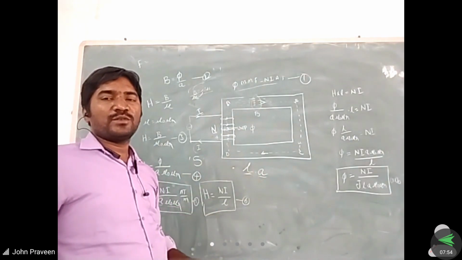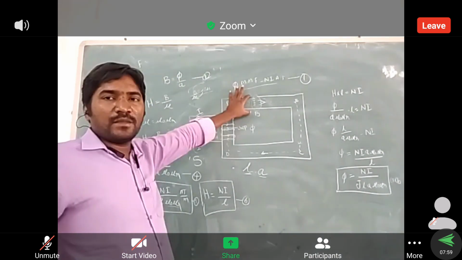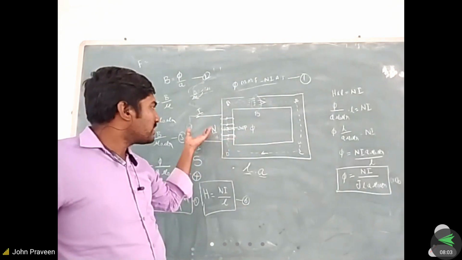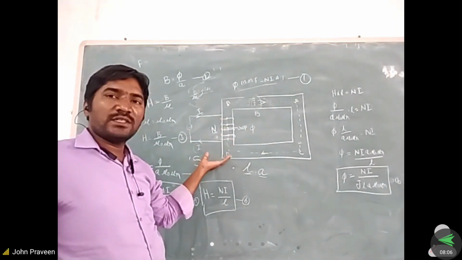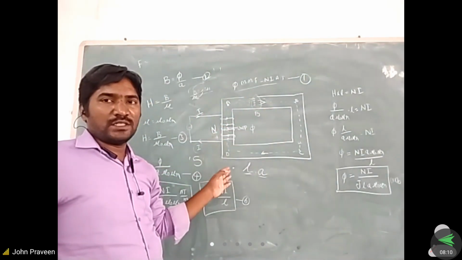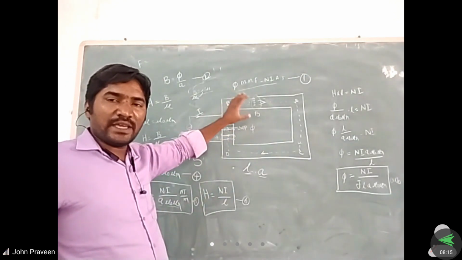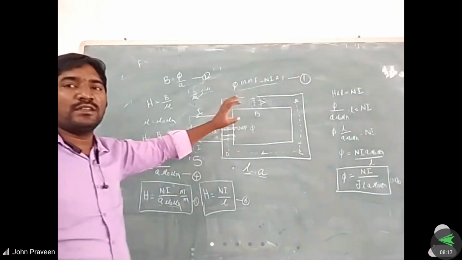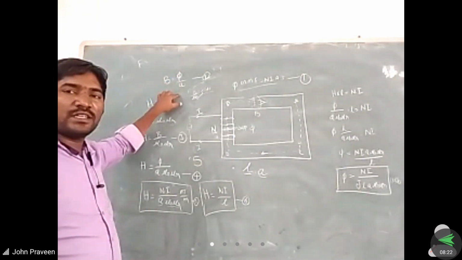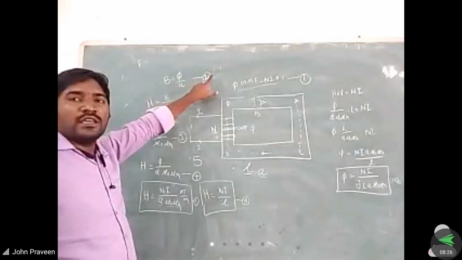So according to the concept, we already know that first we want to find out the flux density. There is not just one path existing. According to how much current and how many turns are present, proportionally the flux lines will be produced. So first we want to find out how many flux lines will be produced within a given area. To determine that, we already have the equation B is equal to phi by A. That is the relationship we found in the previous classes, and we assume it as equation 2.